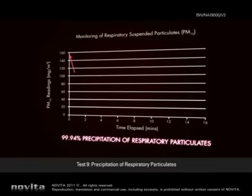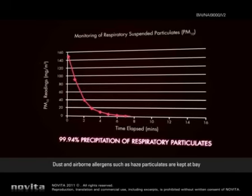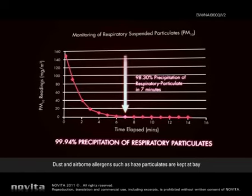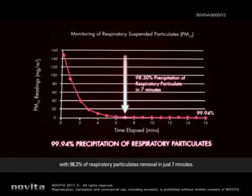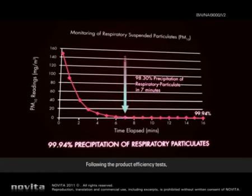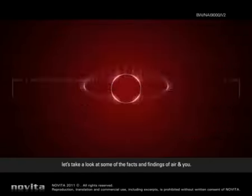Test 9. Precipitation of respiratory particulates. Dust and airborne allergens such as haze particulates are kept at bay with 98.3% of respiratory particulates removal in just 7 minutes. Following the product efficiency tests, let's take a look at some of the facts and findings of Air